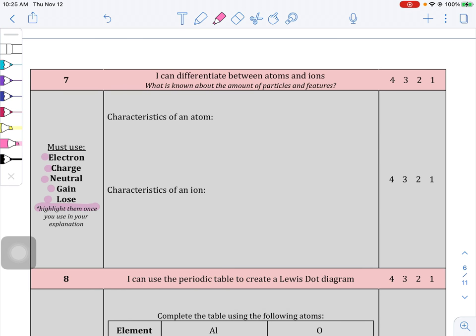So an atom is kind of the standard for everything, right? This is what we see on the periodic table, and it's like the normal. Okay, with an ion, what we're thinking about is a change in one of the particles. You might remember in isotope, we had a change in the number of neutrons, which impacted the mass. Here, we have a change in the number of electrons,